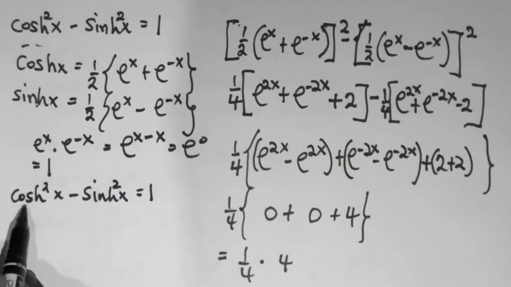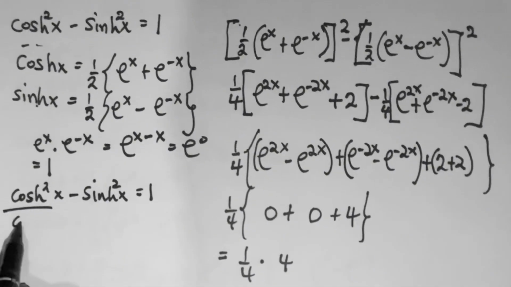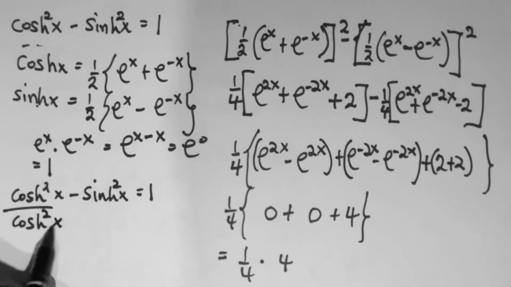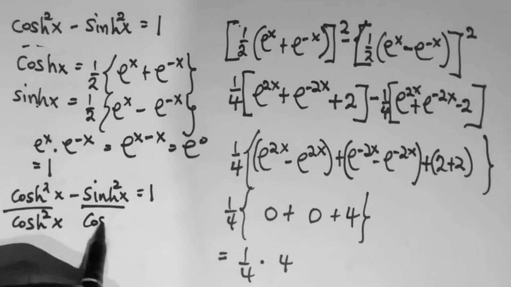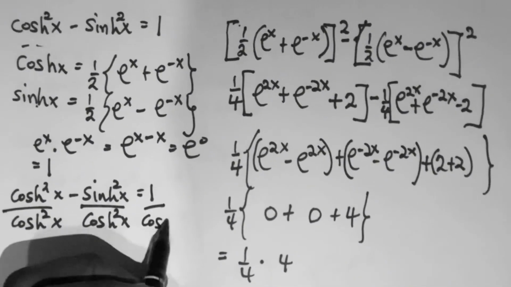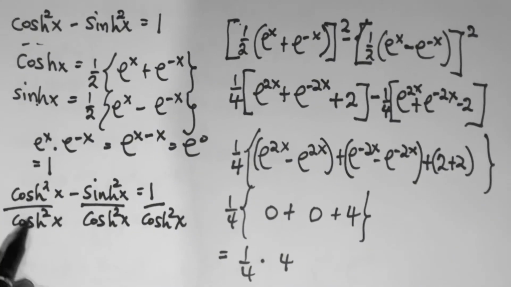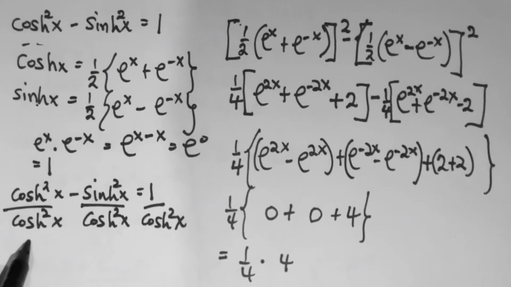So let's divide through by cosh squared x. We divide here by cosh squared x, here too, and here too. So this cosh squared x and cosh squared x will cancel, so we are left with 1